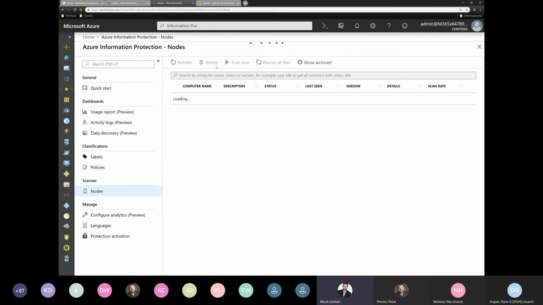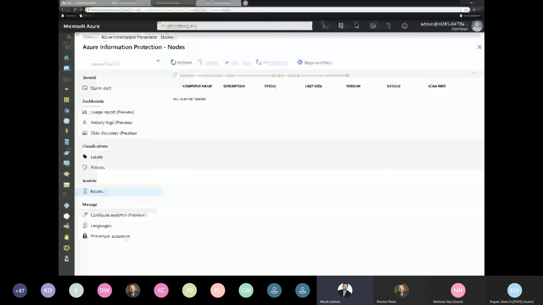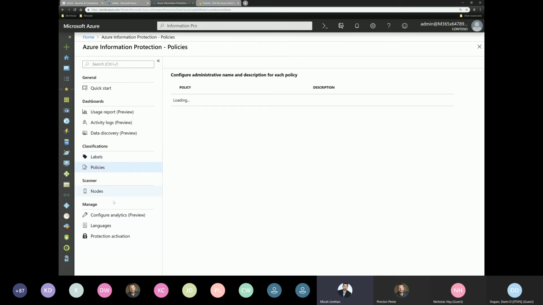The nodes here, this is another component of, as we go through the quick start, the client here for the scanner. Because it checks in, it automatically pulls the different classifications and policies. So that's a couple of little gotchas of we can see the computer, everything else. That being said, if you are going to start testing this, or you've got policies that you want to build and labels that you want to build, and you want to start,